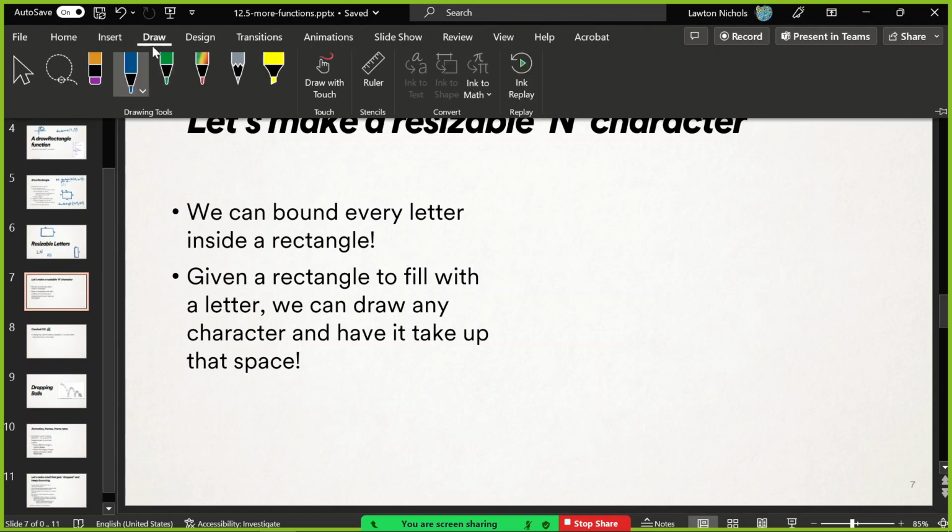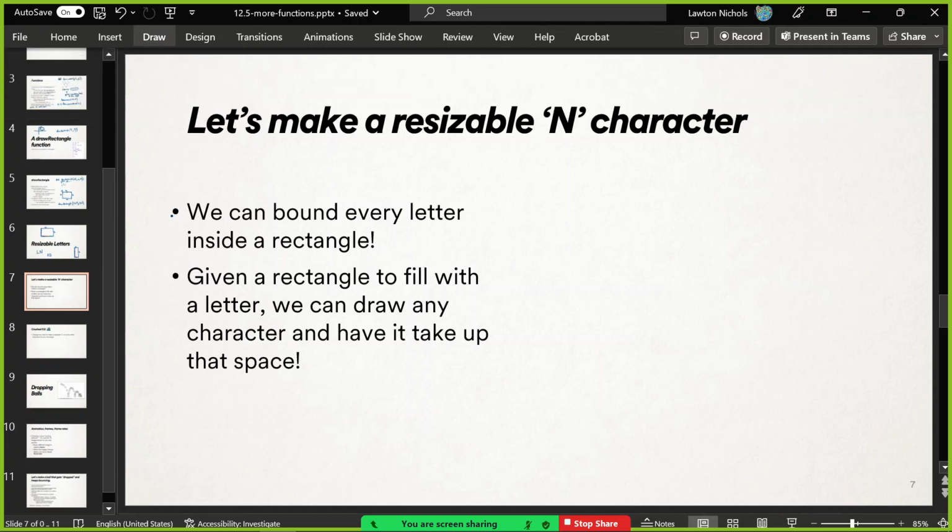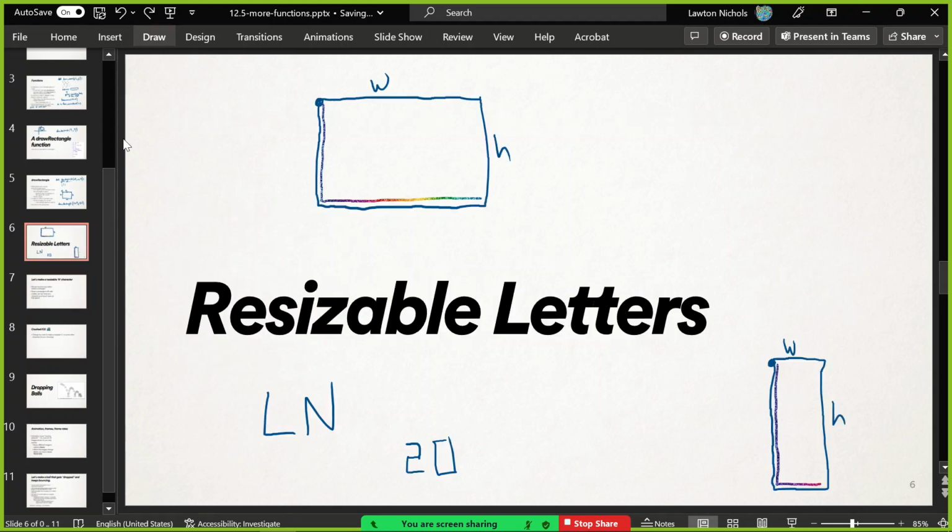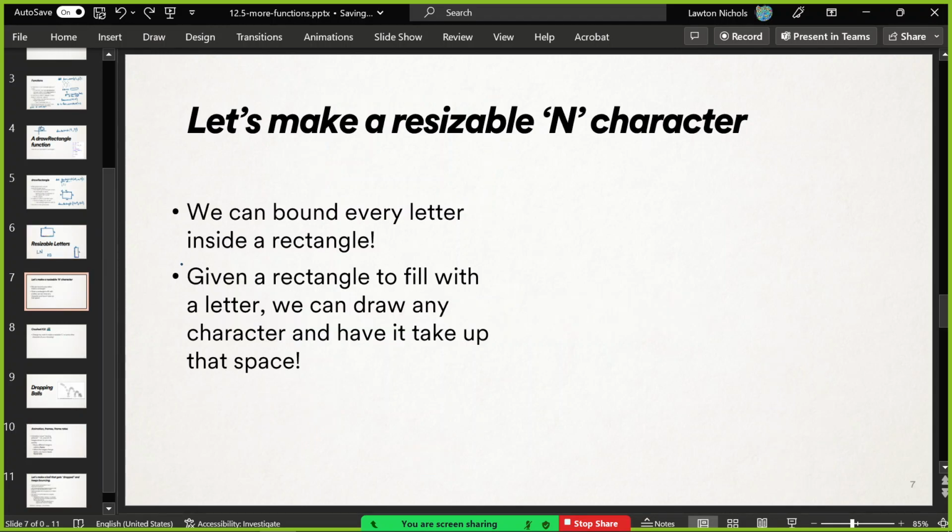And the trick is always, every letter that you want to draw, it's secretly a rectangle. You can at least bound it inside of a rectangle. And from there, you can draw whatever letter you care about. So given your rectangle that will fill up, borders the letter, you can draw your character with that width and height and starting point. So I don't know,